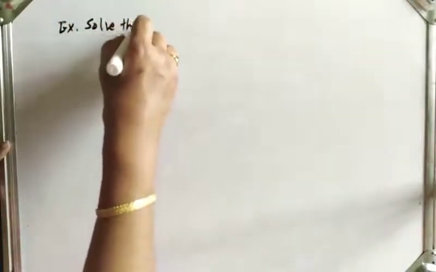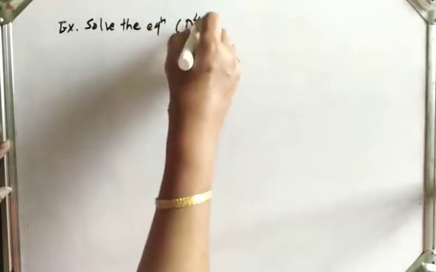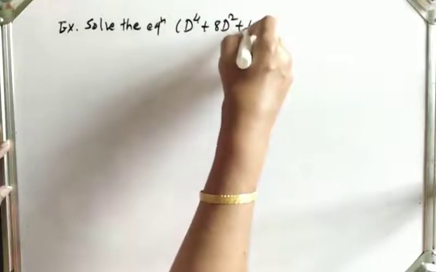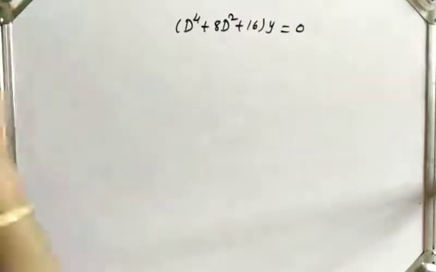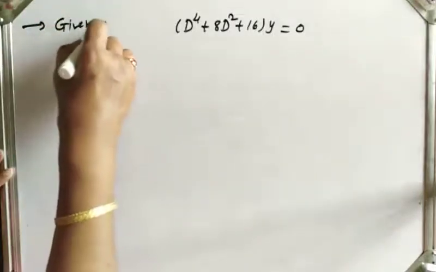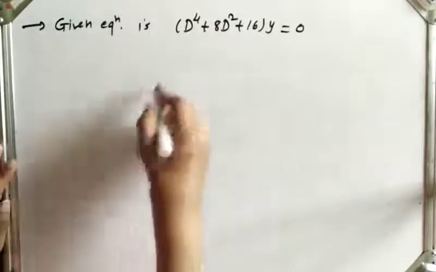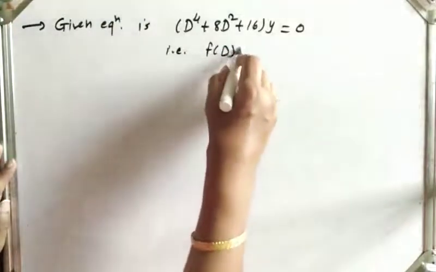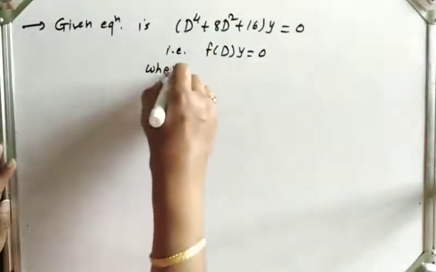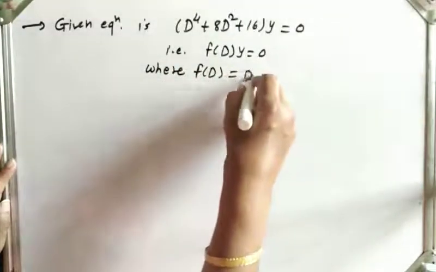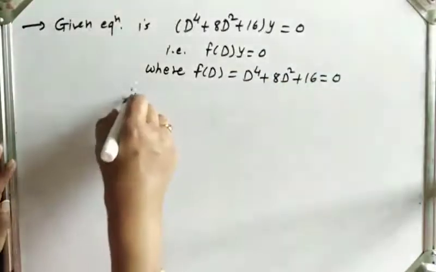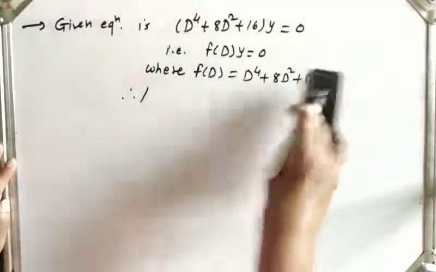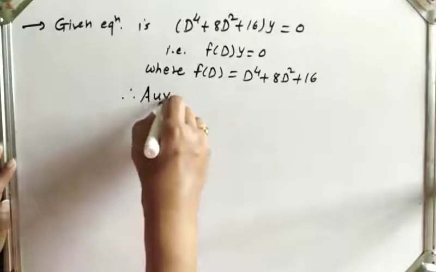Solve the equation (D raised to 4 plus 8D square plus 16) y is equal to 0. So in solution, given equation is f of D into y is equal to 0, where f of D is D raised to 4 plus 8D square plus 16. Therefore, auxiliary equation is